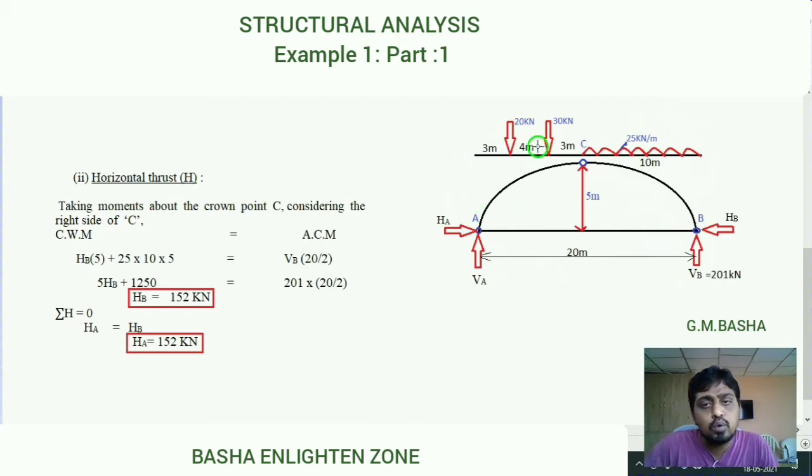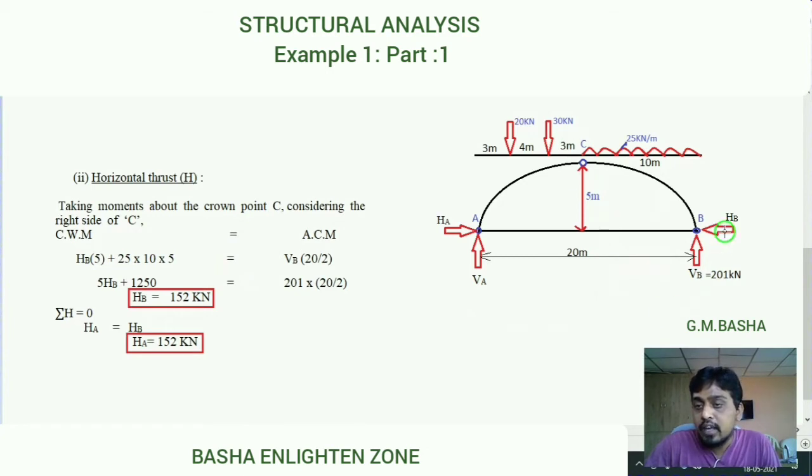If you want, you can resolve by taking the left span also, it is your wish. The procedure will be the same, and I will explain that one also. See here, we are considering the right half of this span. Taking moments about C, sigma MC will be equal to 0. Clockwise moments on one side, anticlockwise moments on the other side. Whatever moments are rotating clockwise, take them as clockwise moments, and whatever moments are rotating anticlockwise, take them as anticlockwise moments.